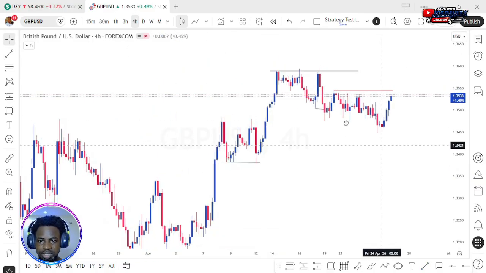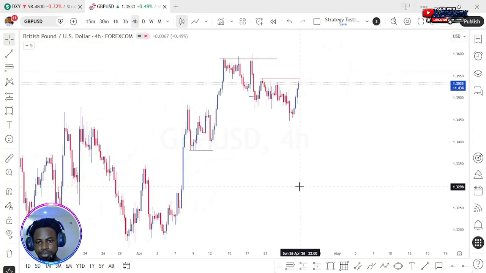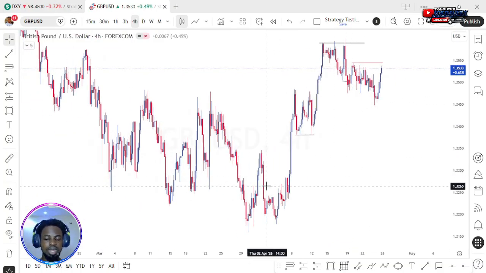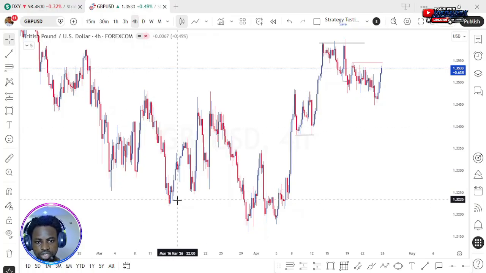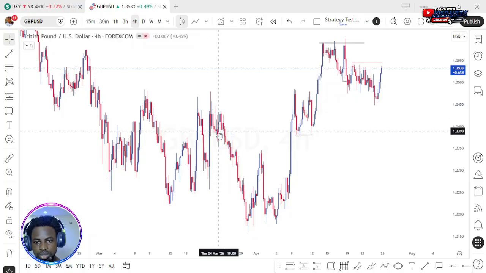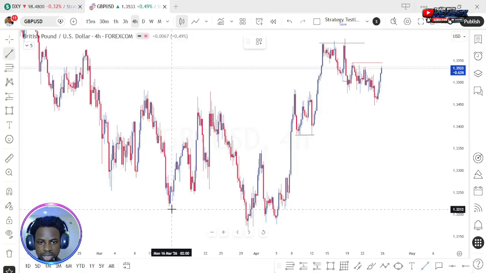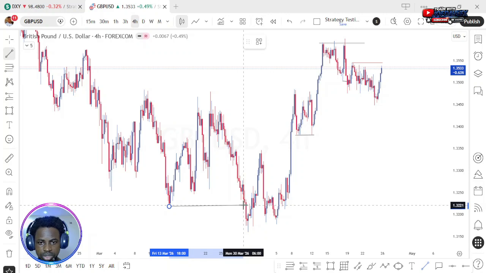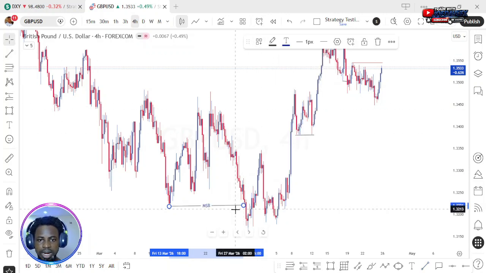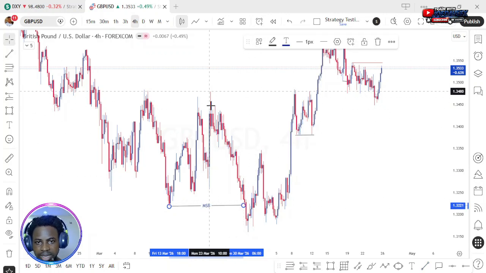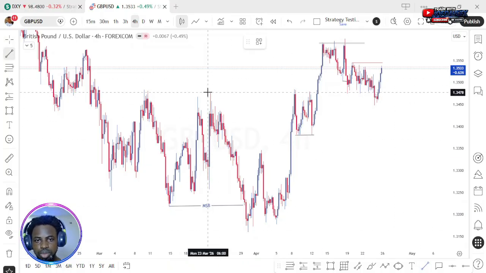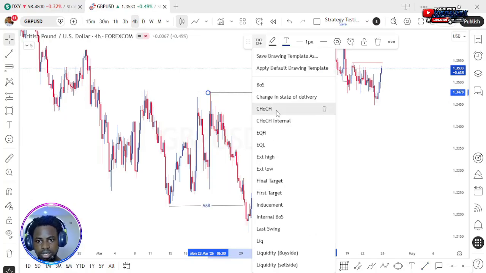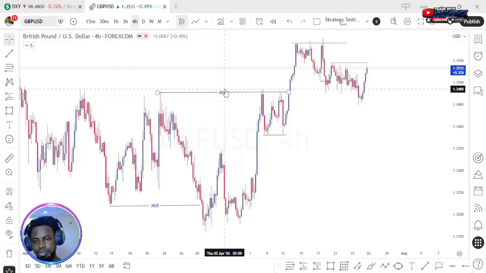And if I also zoom in the charts and join my fib, even if you follow this structure here, just like what we had on EURUSD, you can see this is the low, this is the high, this is the low, a break to the downside, they pull to the high again, they break the structure again. Now, we had the last break of structure here, right? And after we had the break of structure, the high that gave us that break of structure was this. This is the high that should never be taken out. And here we broke above this high, which gave us a change of character. So after having our change of character at this very point,